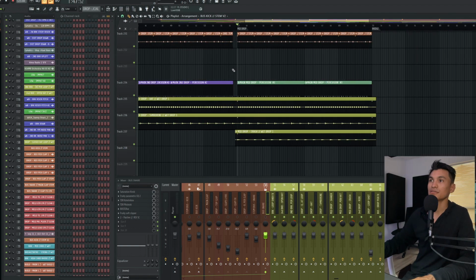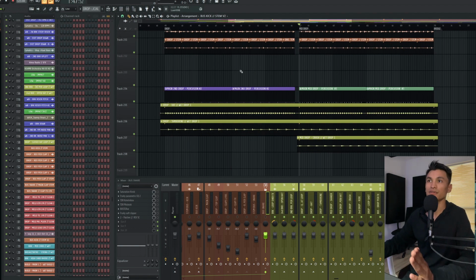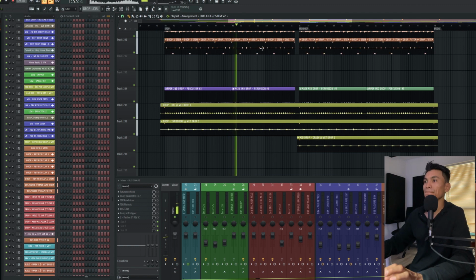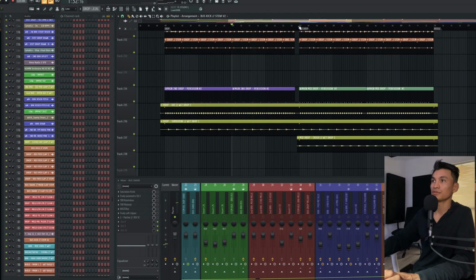For the percussions, I have two versions. The first one on the first drop, and on the mid drop I have a little switch on it. So this is the first section. And on the mid drop,